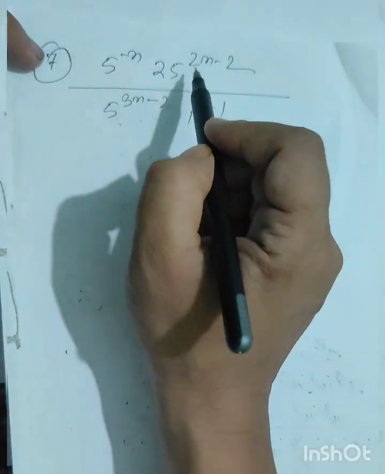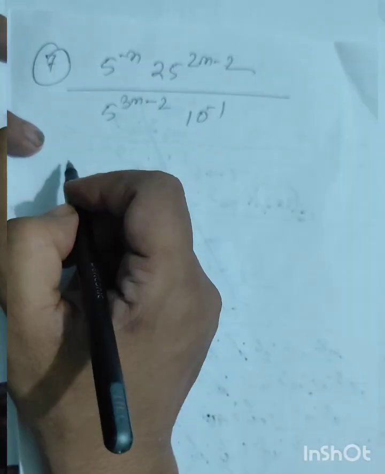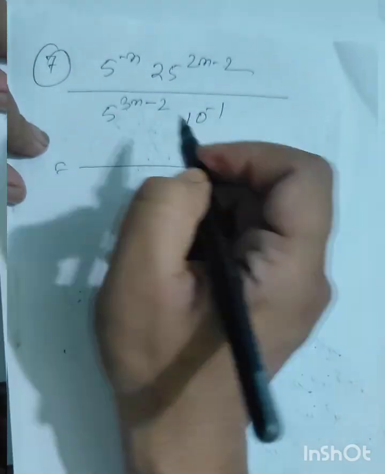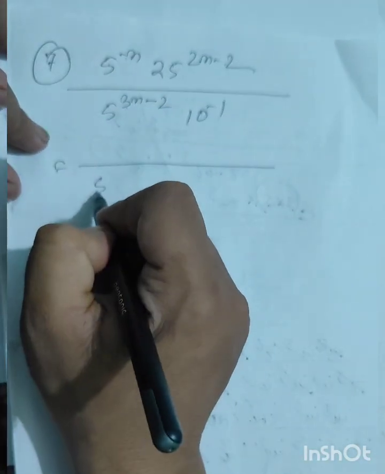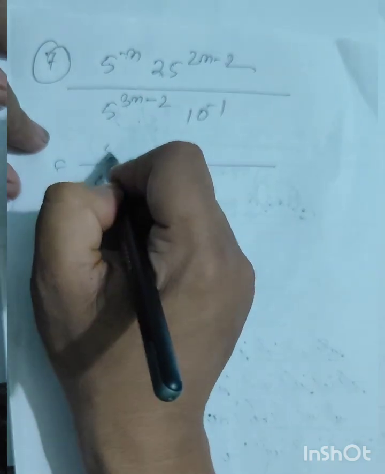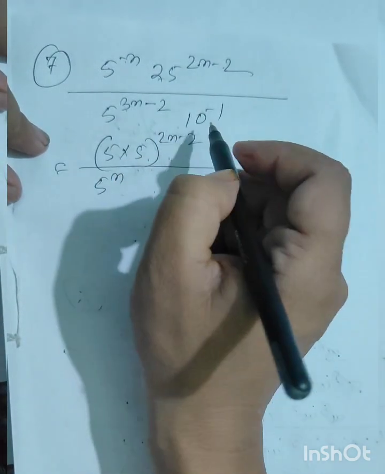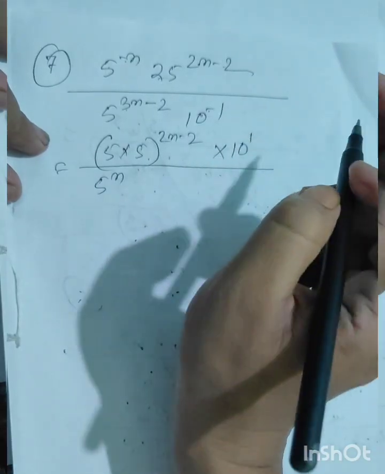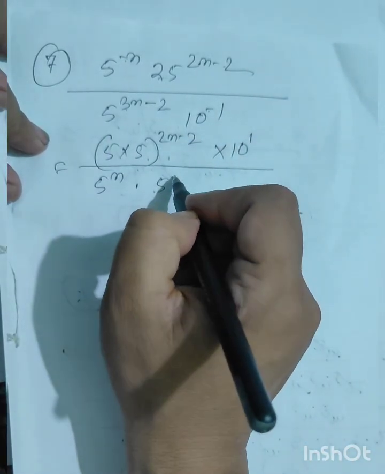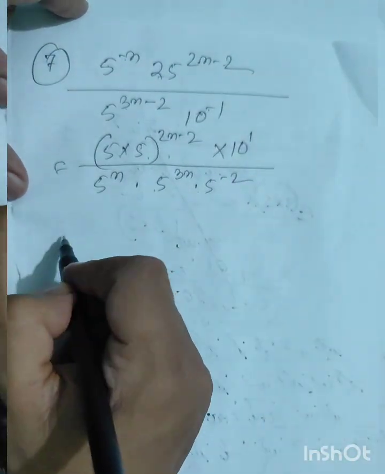Question number 7 আছে: 5 to the power minus n into 25 to the power 2n minus 2 by 5 to the power 3n minus 2 into 10 to the power minus 1. ইয়াৰ পৰা আমি লিখিম এই 5 to the power minus n টো আমি তলত আনি 5 to the power plus n হ'ব আৰু 25 টো আমি ভাঙিম 5 into 5 power 2n minus 2. তলত থকা 10 to the power minus 1 টো আমি ওপৰত নিম, 10 to the power 1 হ'ব আৰু এইটো আছে 5 to the power 3n into 5 to the power minus 2